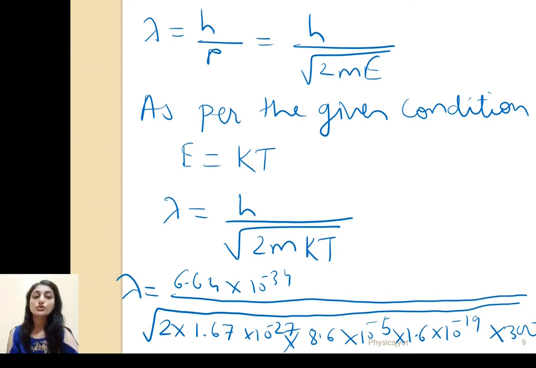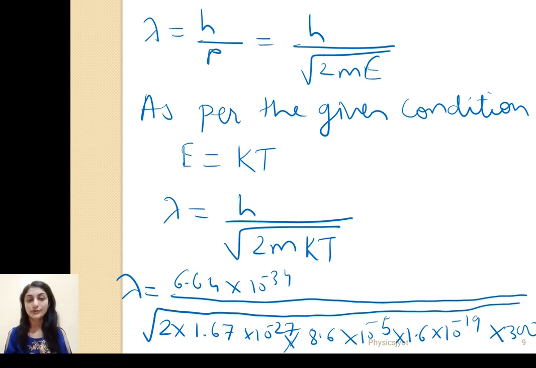And then we will substitute the values of 2, m, k and T. h is Planck's constant, that value you very well know, upon 2m. What is m? Here check which is the particle. They are talking about a neutron, and the mass of a neutron is 1.67 into 10 raised to minus 27 kg. So you will have to substitute that value. And then k, Boltzmann constant, is given in electron volt, 8.6 into 10 raised to minus 5. First thing you will have to do is convert it into joules. So the conversion factor is to multiply it by 1.6 into 10 raised to minus 19. I am multiplying 8.6 into 10 raised to minus 5 with 1.6 into 10 raised to minus 19,